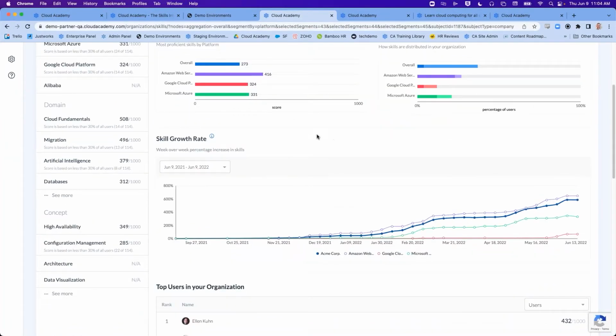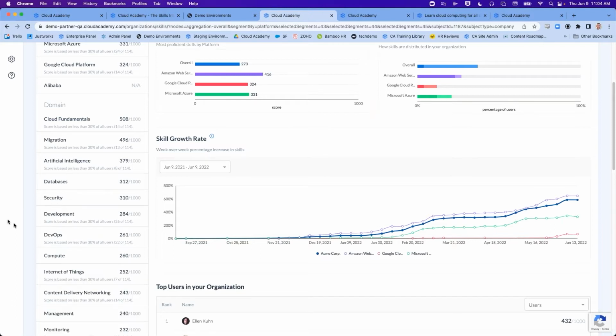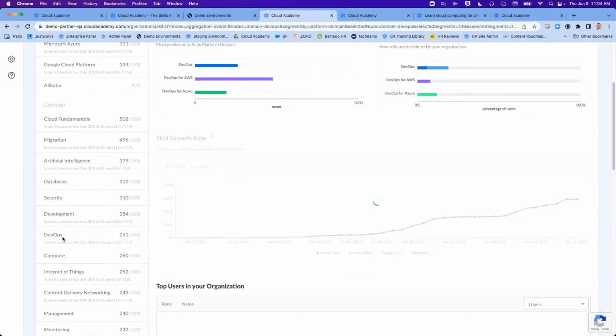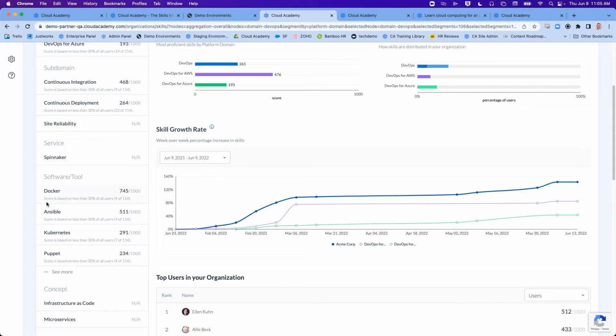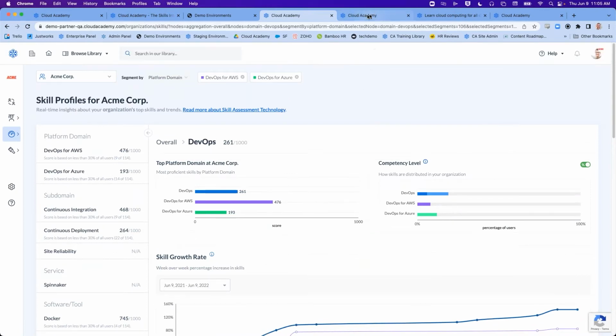With just a couple of clicks, I can dive into a domain, and just like that, I can see at an organizational level how I'm performing across both of these tools. Regeneron was able to see a 554% increase in overall upskilling. We have a phenomenal case study in our library that you can directly access after our call today.